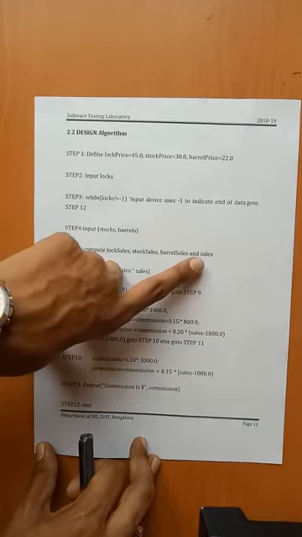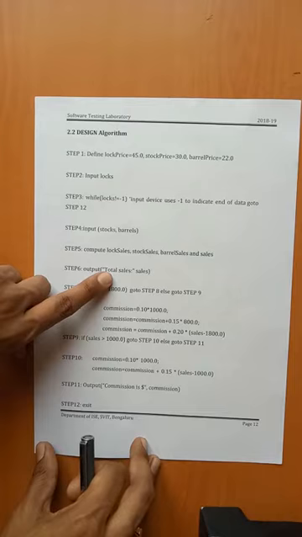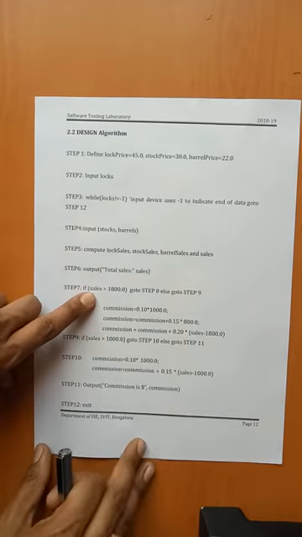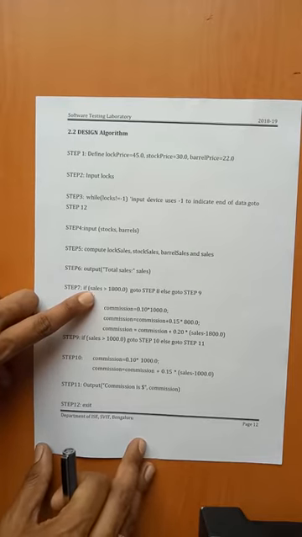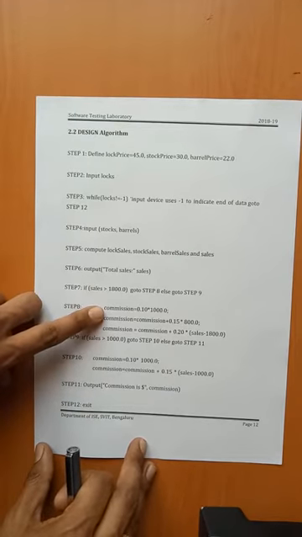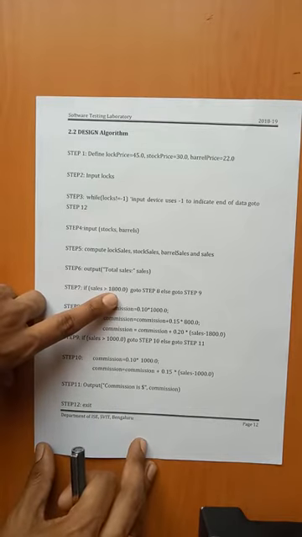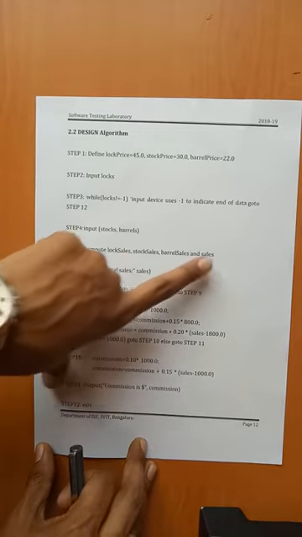Once we get the value of sales, we need to print that. Then, depending on the sales value, we have to get the commission for a salesperson. See, if the sales value is greater than 1800, after getting all these values,